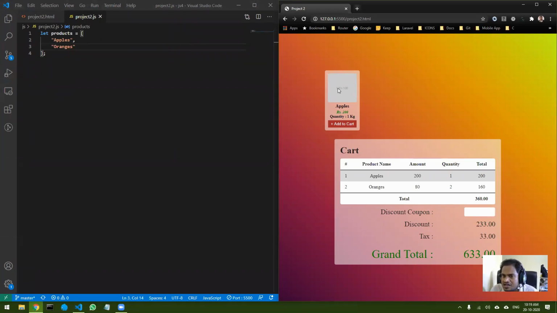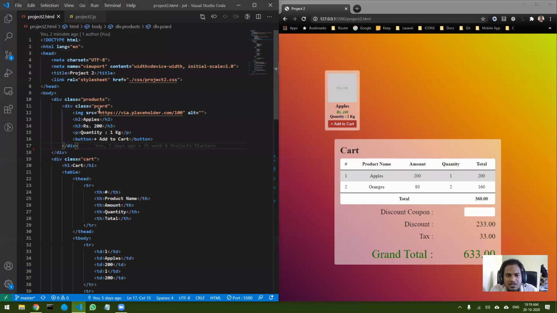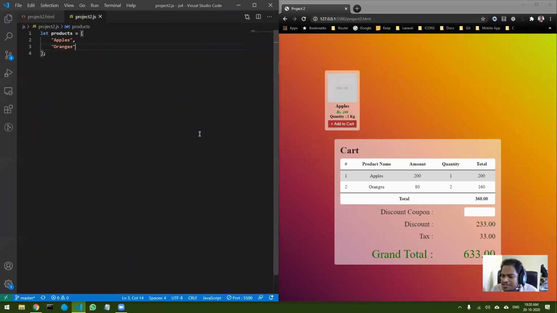Okay, so I'm using a 100 cross 100 image. Okay, so I will show you how I have used it. So you can see this is the website link. Okay, and any size image you want, you just mention the size over here and it will give you a dummy image of that size. Okay, so I'm using that particular service to create dummy images. Okay, in future I may change it to something realistic or something related to apples. Okay, but right now I'm not interested in that.